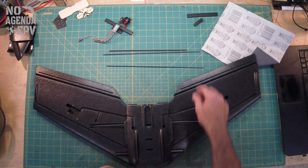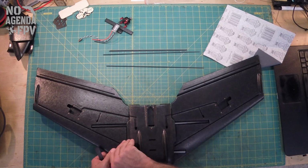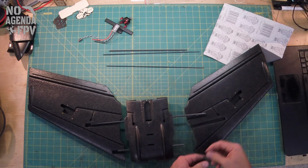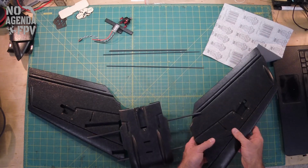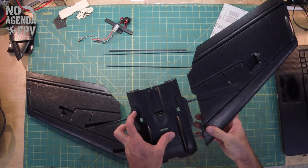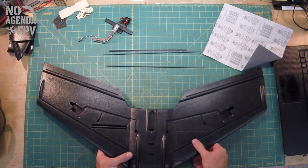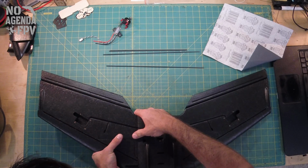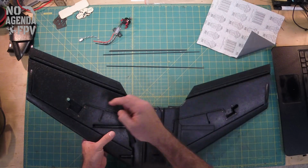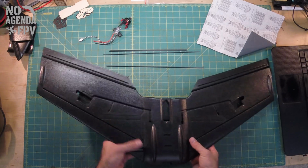So there, let that fit. And this will actually hold pretty well. These just dry fitted in. So this one has a little bit of a gap here, not here, so I'm going to try flipping that. Now it's much better. So when we put that together, we're going to take that out, put glue in there,